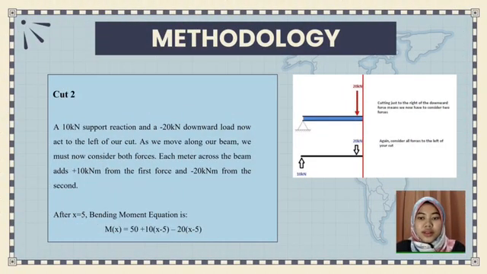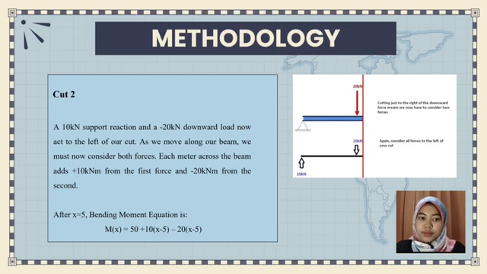Okay, so as you can see on the figure, this is the second cut, which is cut 2. A 10 kN support reaction and a negative 20 kN downward load now act on the left of our cut. So as we move along our beam, we must now consider both forces. Each meter across the beam adds 10 kN·m from the first force and negative 20 kN·m from